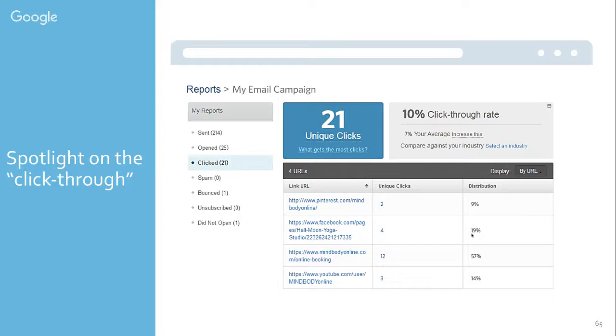Most people wanted to subscribe to the online booking tool. So that was fantastic. We also had some Pinterest visitors, and we also had some page visits on our Facebook page, as well as our YouTube account. That's all good stuff to know, but really what it's telling us is that the call to action did its work. You can actually view the people that clicked.